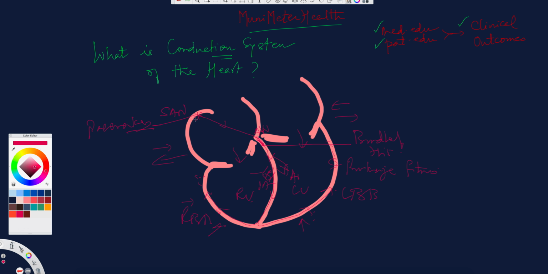the electrical impulse traverses along the set path, and that's called the conduction system, traversing from the sinoatrial node to the AV node and down into the bundle of His and the right bundle branch and the left bundle branch, and then into these Purkinje fibers, in order to complete the electrical activity and thereby complete the cardiac cycle, which entails complete filling first